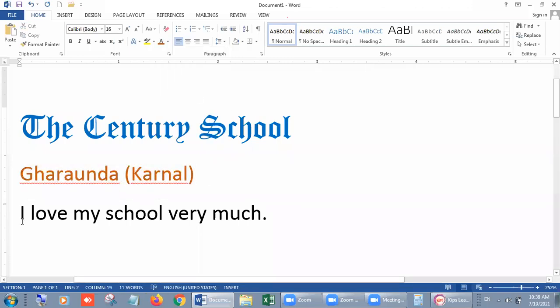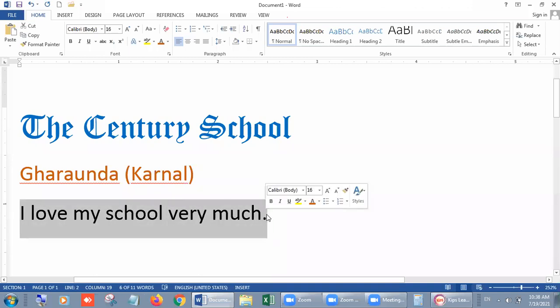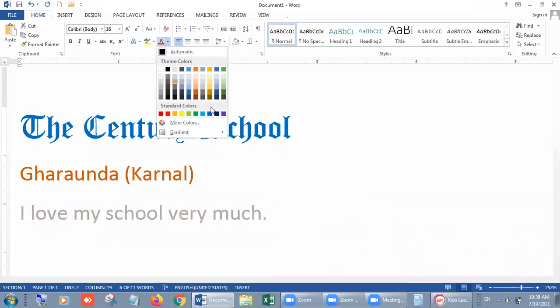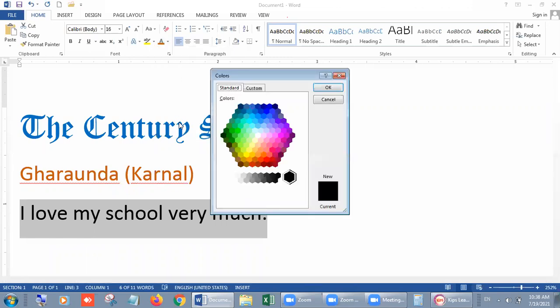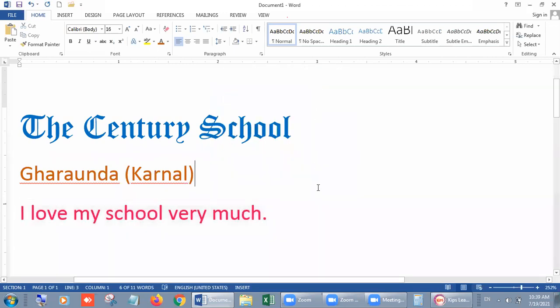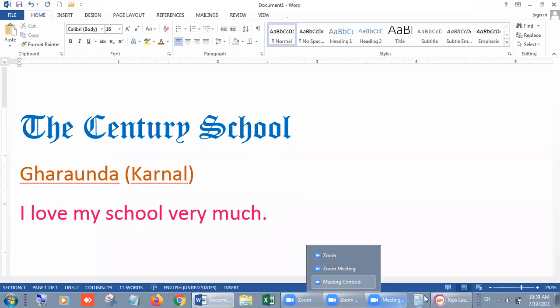Again, select the text, and this time suppose you don't like these colors, then you want more colors, so you can click on More Colors options like this. In this way you will have so many different shades of the colors. Like you want to change with this. Now you can understand how we can change the color of our text, right, beta? So it was a very easy command by which you can change the color of your text. Now move on.